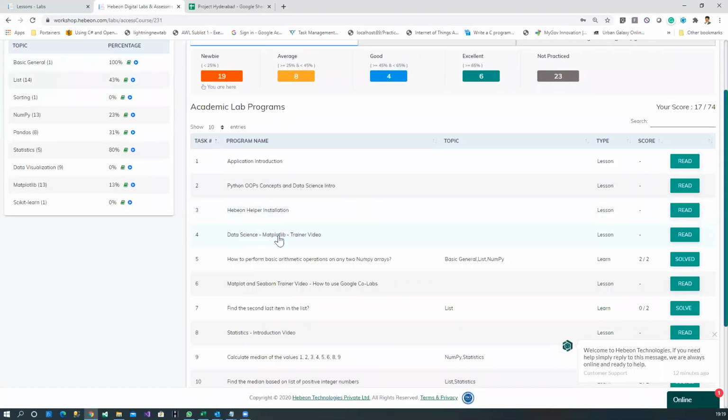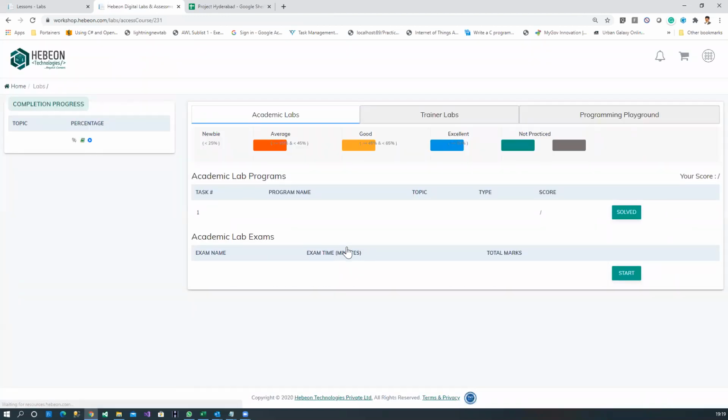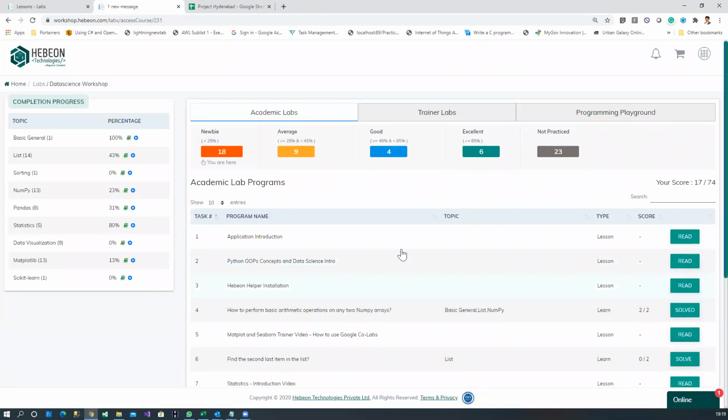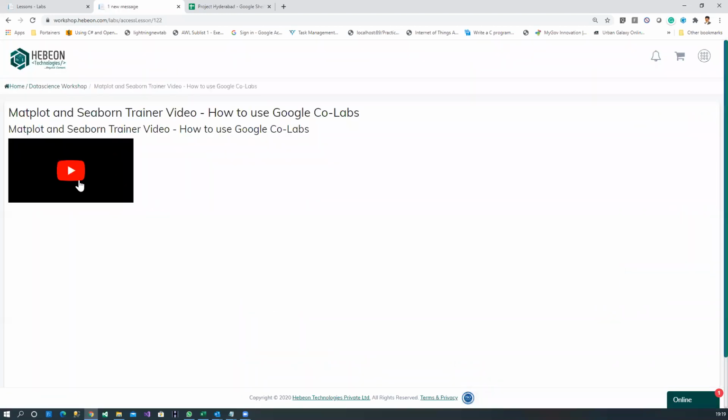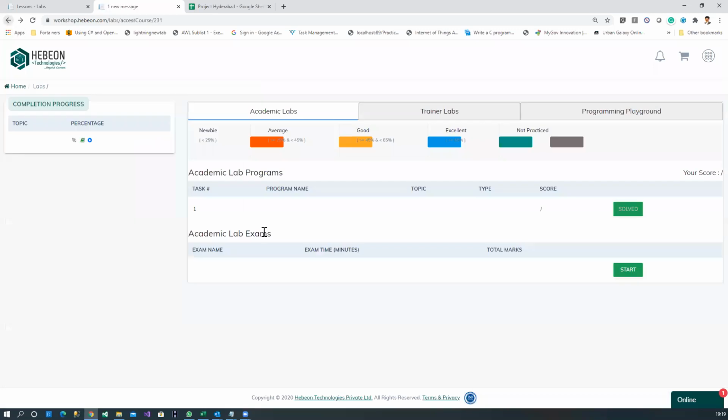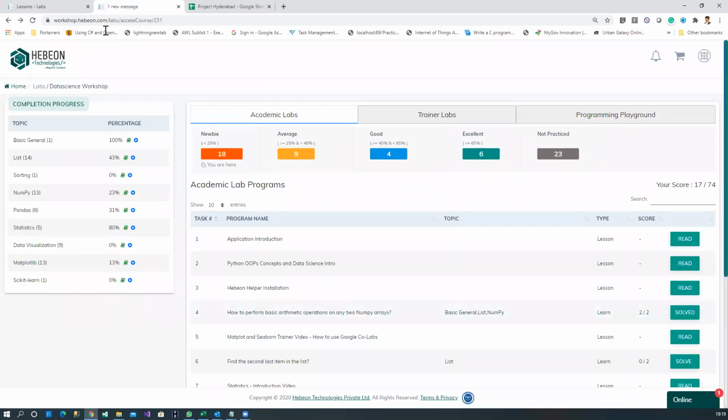There is a Matplotlib trainer video, in which Jashwant has explained all the libraries used, using Colab. You can go through that video to understand how it works. Beyond that, today's video will also be uploaded, and you have all the access.